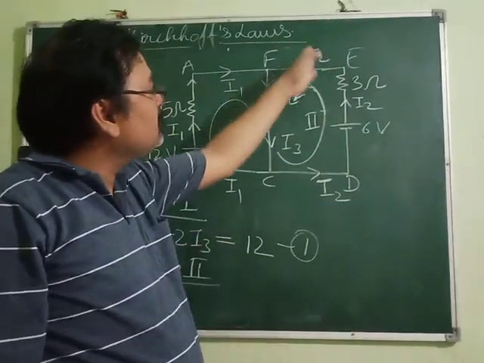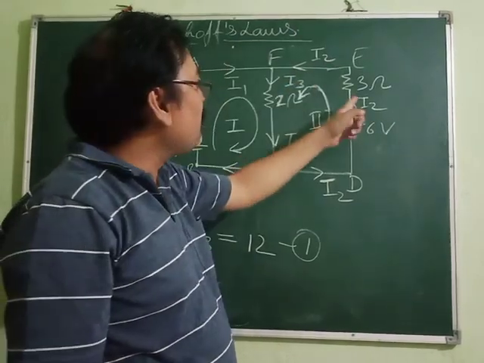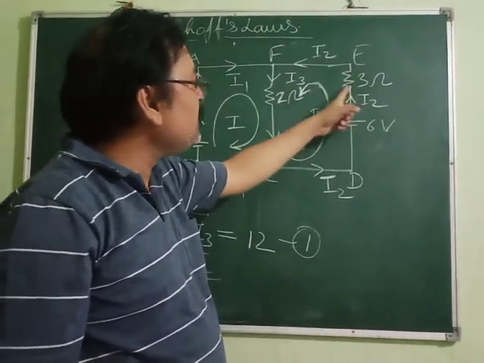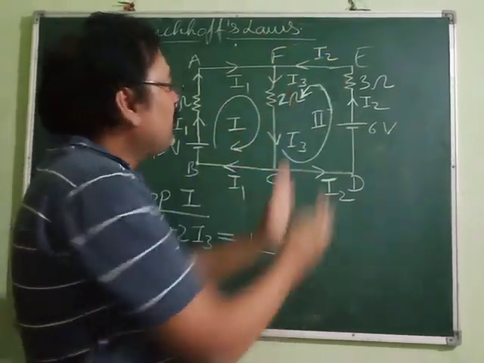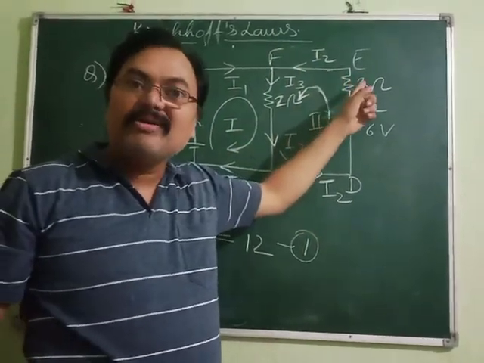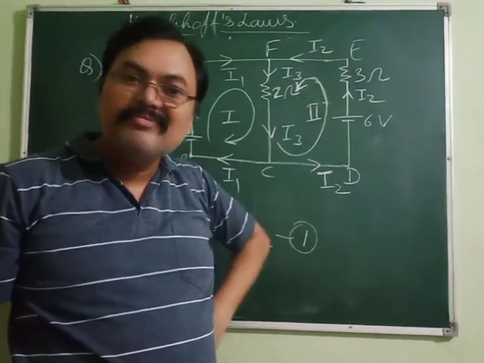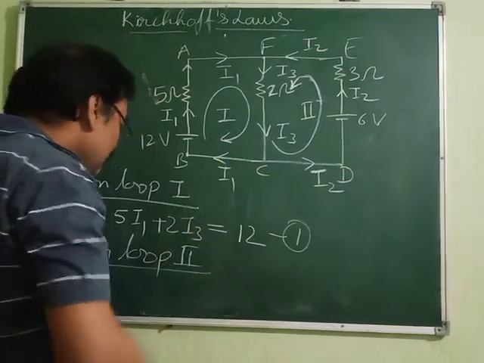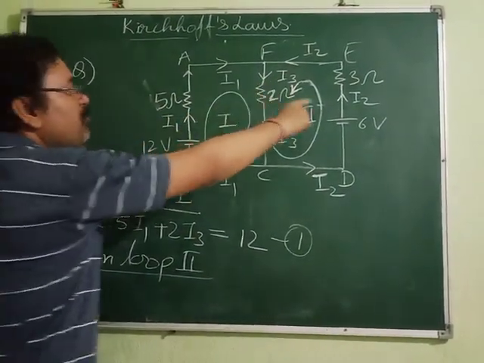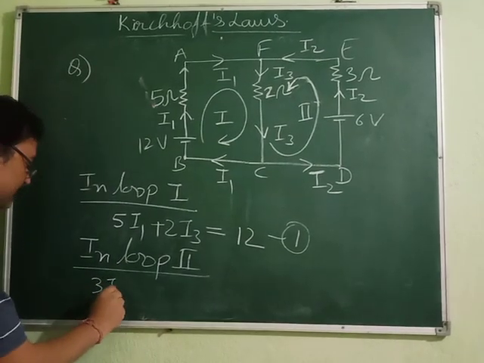While moving like this we come across it first, so our direction of motion is this. And what about the direction of current through this? This I2 is also going in the upward direction, so both are along the same direction. When both are along the same direction, will the potential difference across this resistor be positive or negative? Positive, very good. So the potential drop will be how much? It is 3 and I2, so it will be positive, that is 3 I2.